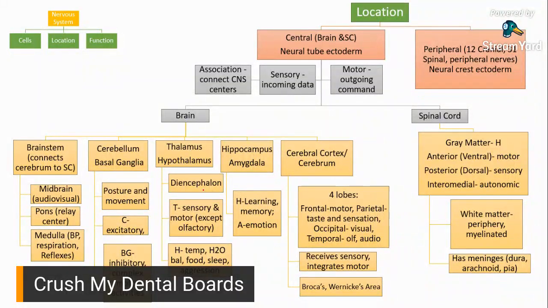And then we said that for the thalamus, it relays sensory information except the olfactory. And then for the hypothalamus, sabi natin, marami siya masyadong function. It regulates body temperature, water balance, your circadian rhythm. It regulates your sleep. It regulates your food intake, whether you're hungry or you're full. So that's the responsibility of the hypothalamus.